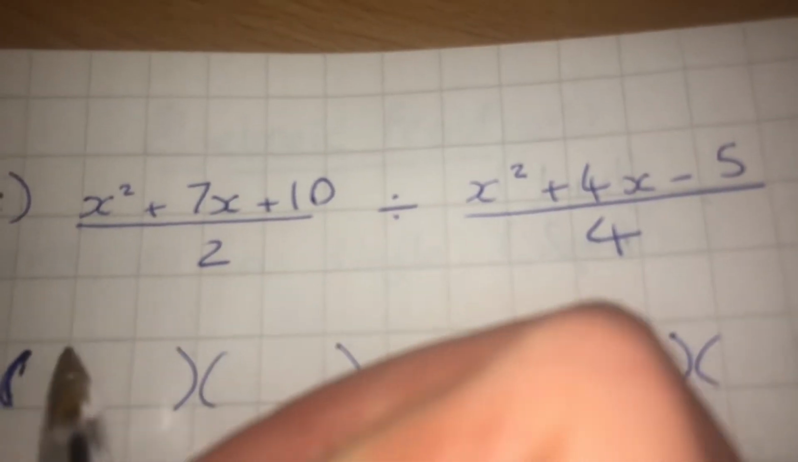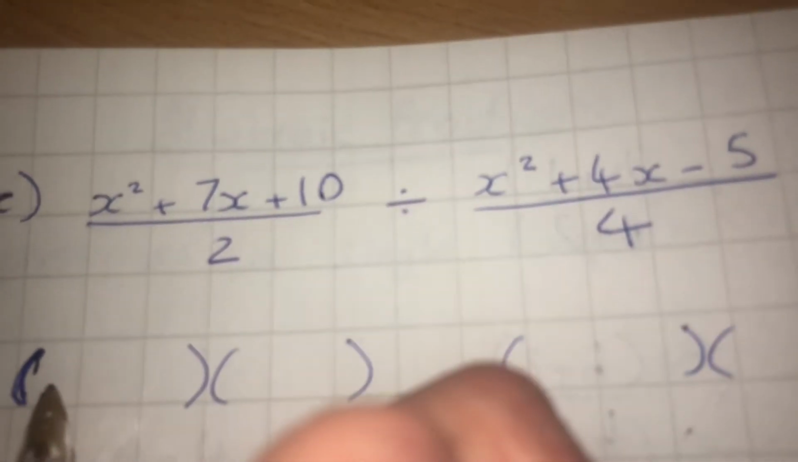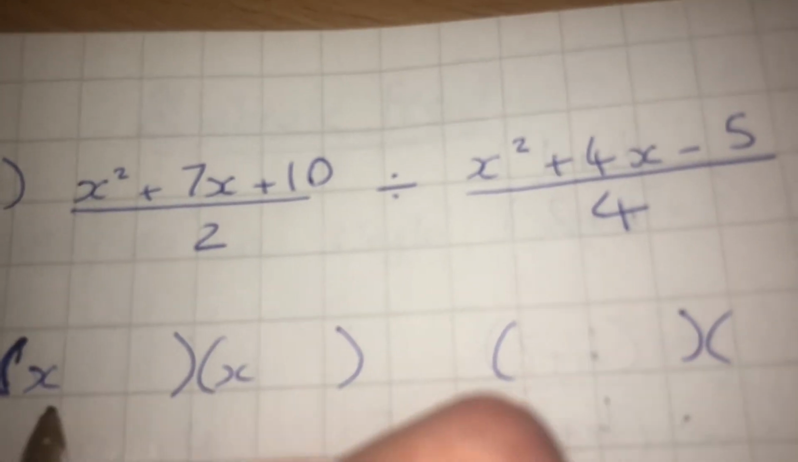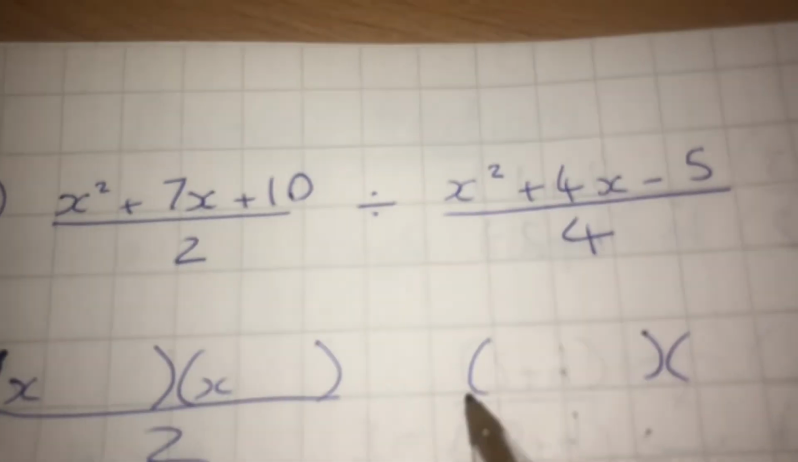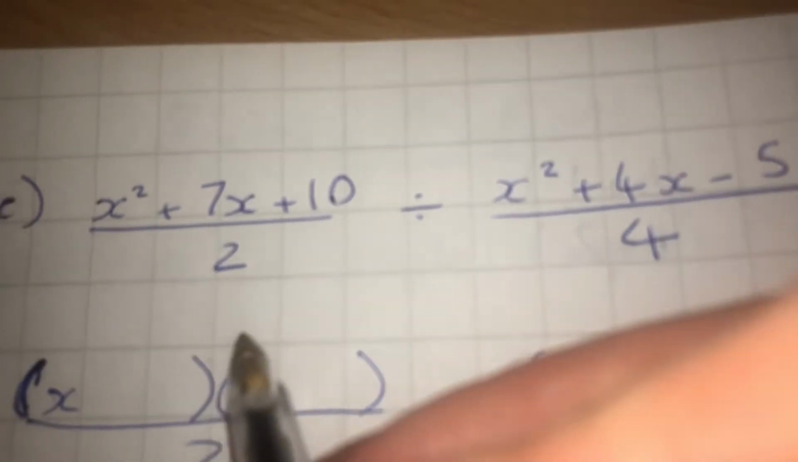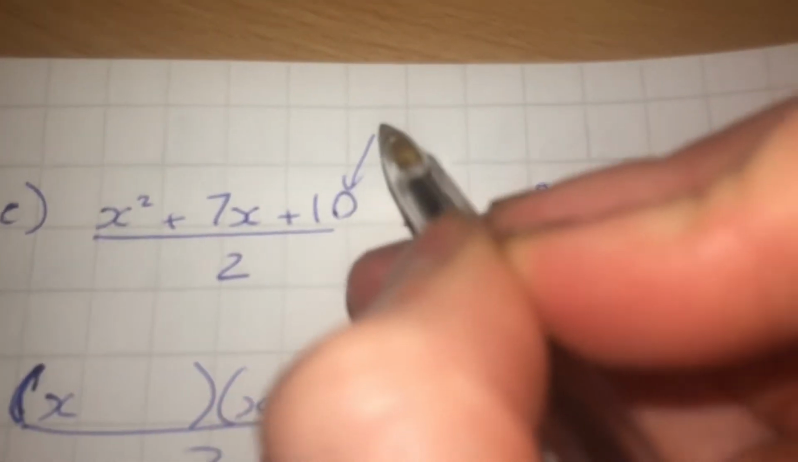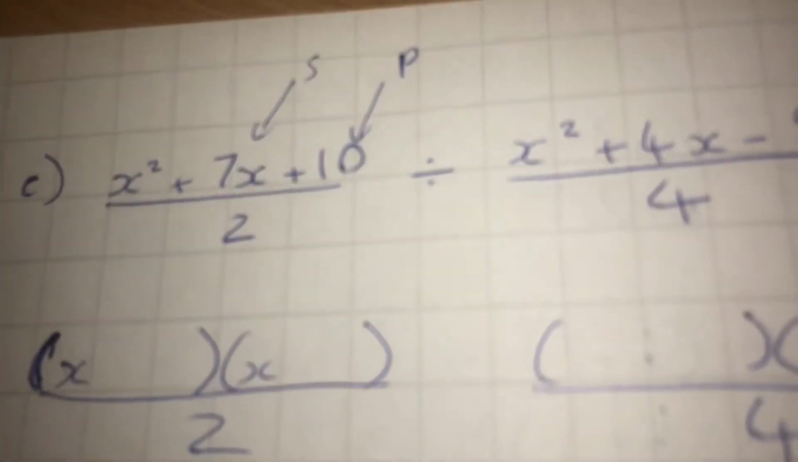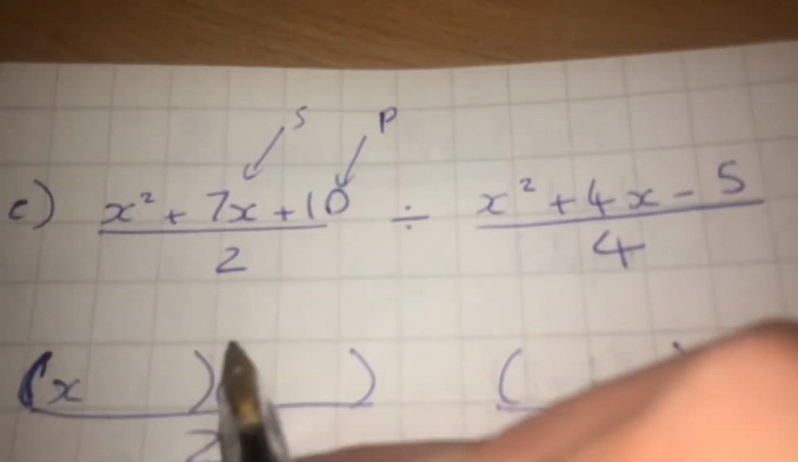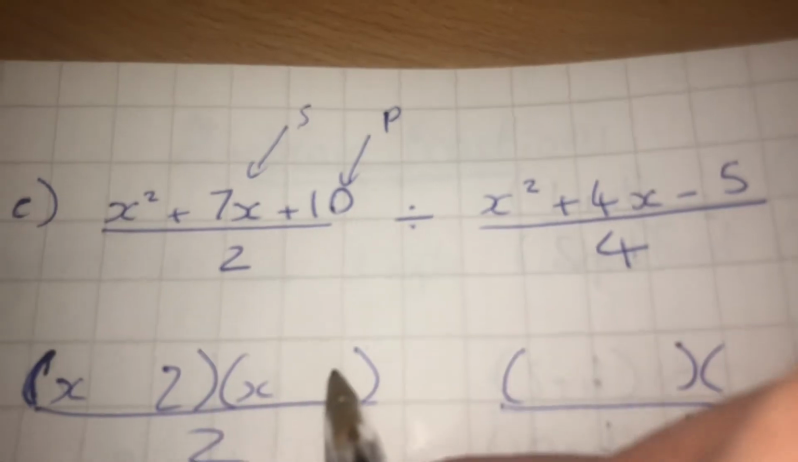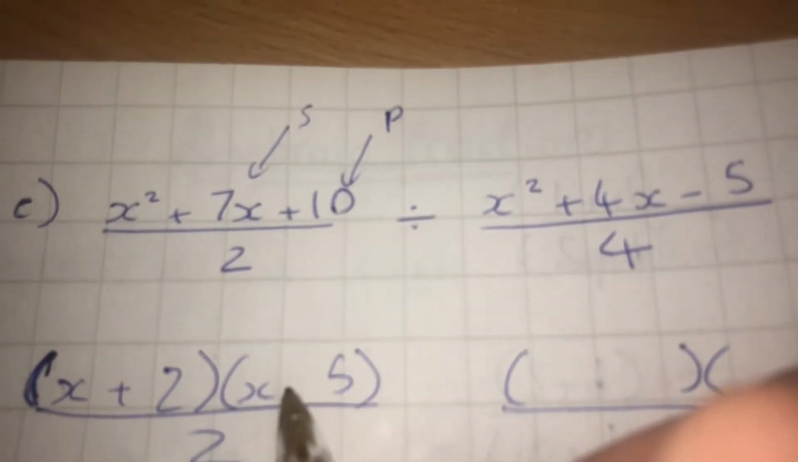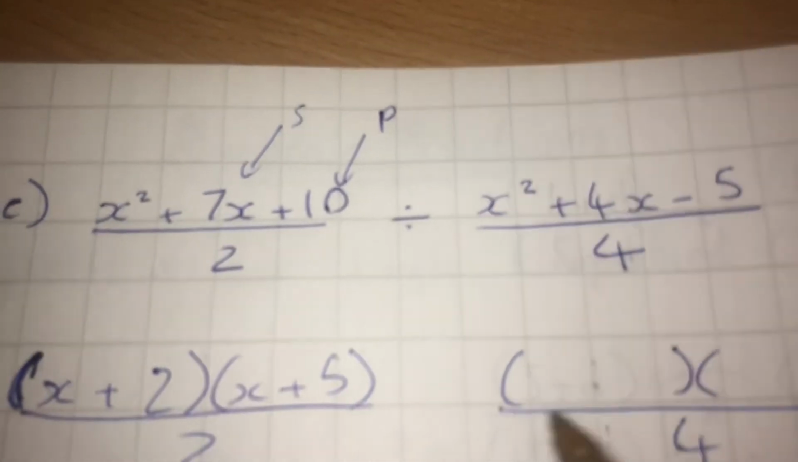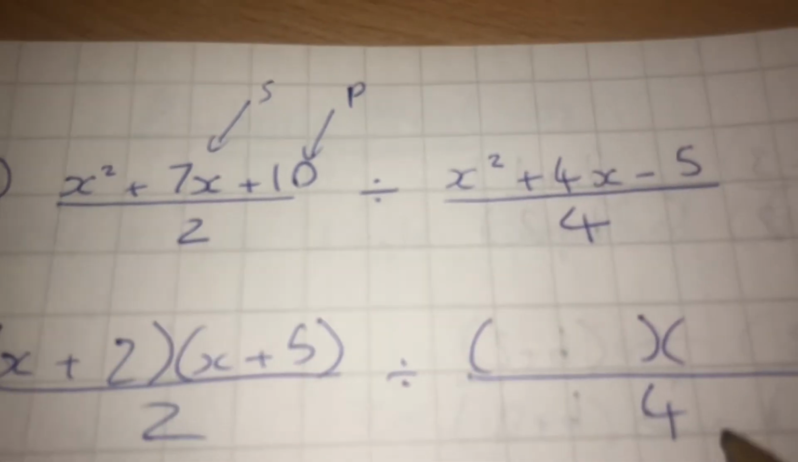If I was dealing with something like this, the only way I can get an x squared is if I have an x and an x in each bracket. Remember, this is all over 2 and this is all over 4. 10 is the product, 7 is the sum. So again, we'll just speed it up a wee bit. The only way I can get a product of 10 and a sum of 7 is if the numbers are 2 and 5. And of course, there would be plus and plus because everything is plus over here. And remember, this is still divide. And over here,